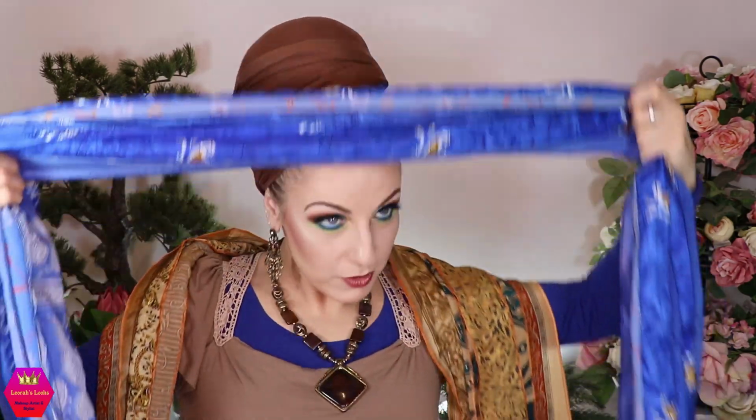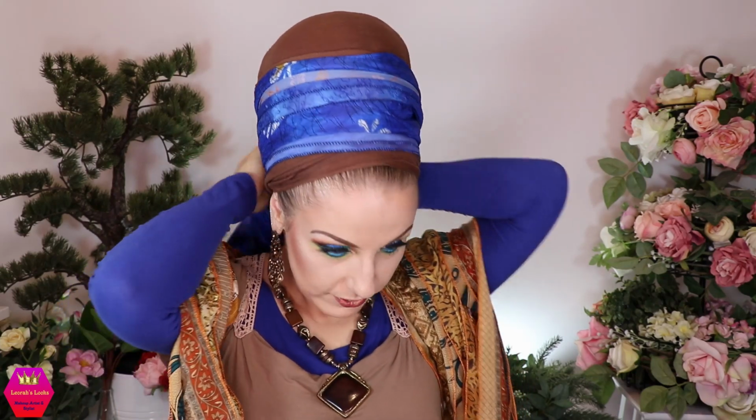And I'm just going to put that down like this, with both ends hanging down equally. And then we're just going to cross it over in the back, and then again apply this kind of pressure, tugging it tight and laying it down. And now when you have a scarf like a sari scarf, which is a must-have,